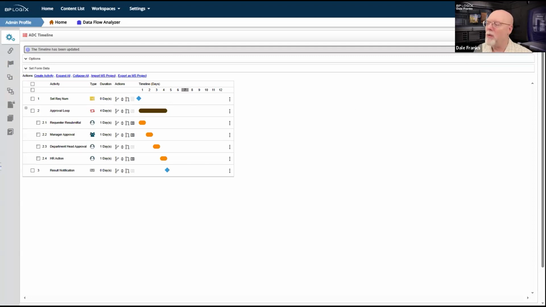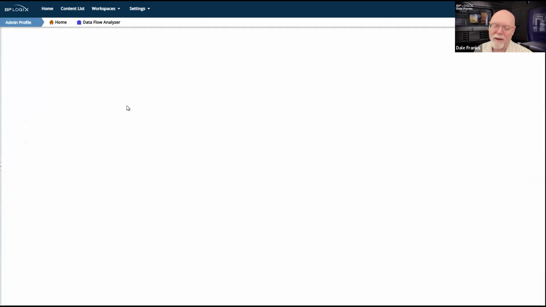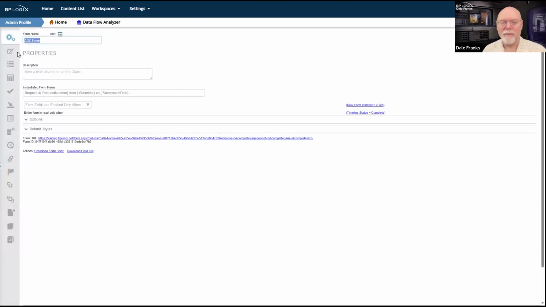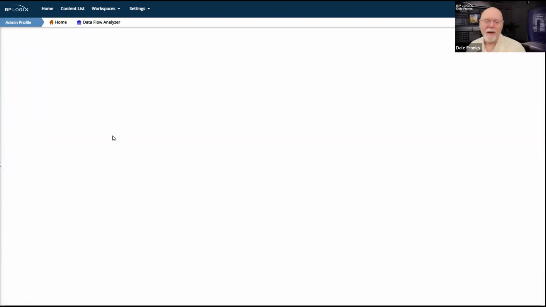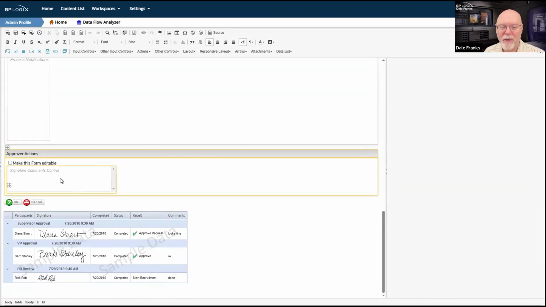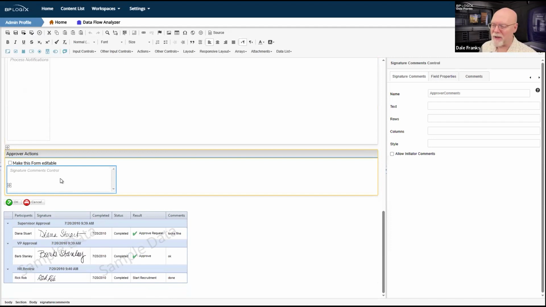If we go look at the form, like any other form field, approver comments appear, and they're right here at the bottom. See, there's my signature comments control. It's called approver comments. Looks good.